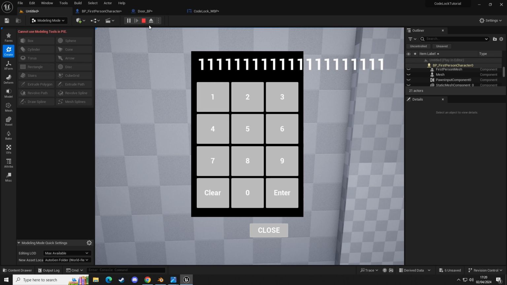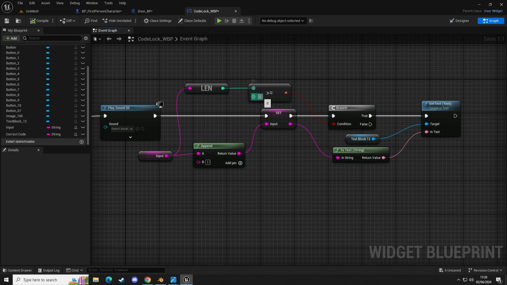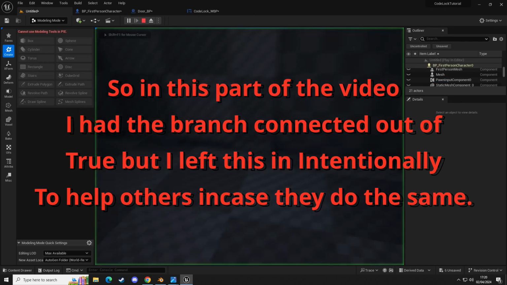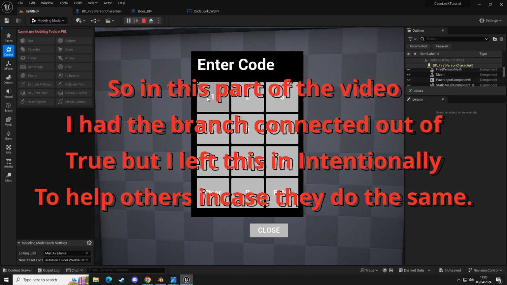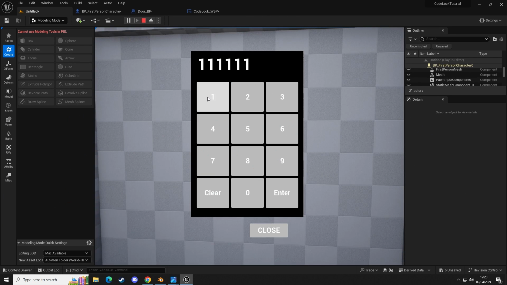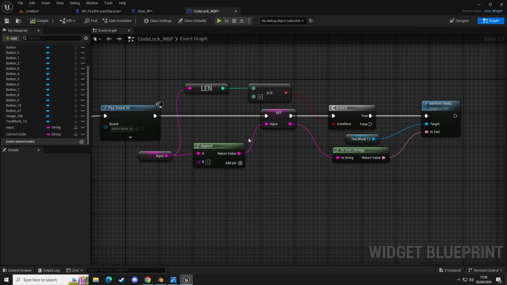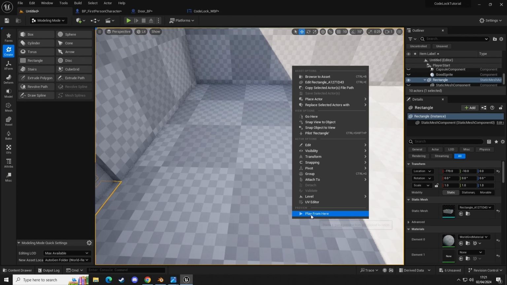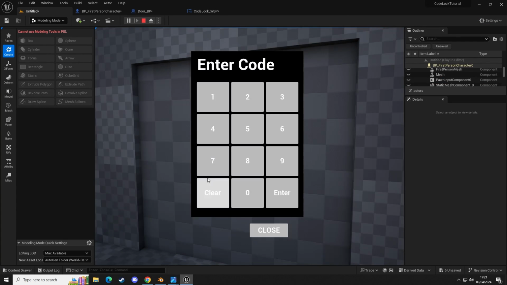But we do need to now add our limit. So let's go back into our level and just quickly test that. So let's say we want our limit to be 1, 2, 3, 4, 5, 6, 7, 8, 9, 10, 11 maybe, or maybe 10, just because some numbers are slightly wider than others. So let's say our limit's going to be 10. So if we close and then type in 1, 0 and then press compile, if we then go into our level and test that, we can see if we,